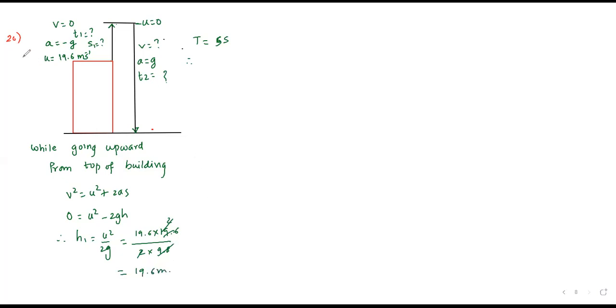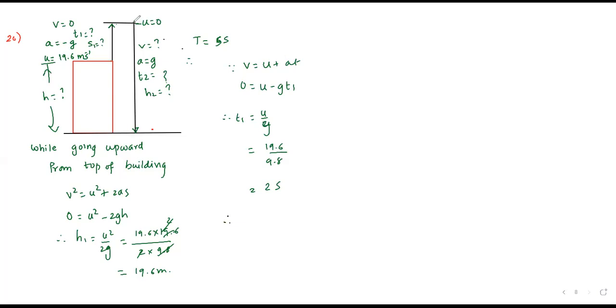ठीक है. अभी question क्या पूछे? Find the height of tower also, which is H, which is the question. फिर इसमें H2 हमें ढूंढना है। H2 is the question। अभी देखो, now since v is equal to u plus at, 0 is equal to u minus g into t। T1 क्या होगा, u upon g। u का वैल्यू कितना है, 19.6 upon 9.8। This is equal to 2 s। Time कितना होगा, 2 s। So therefore I can write here time taken by body from top of maximum height to ground is T2 is T minus T1, which is 5 minus 2, which is 3 s। This is your time T2 is equal to 3 s। ये आ गया डायरेक्ट।